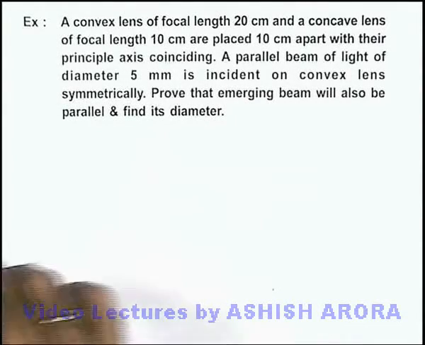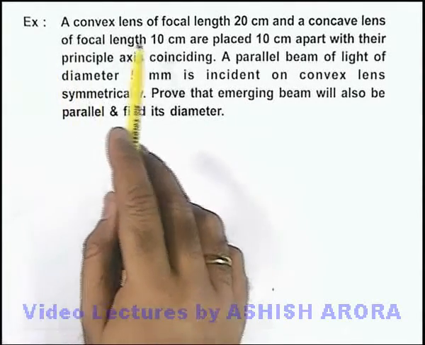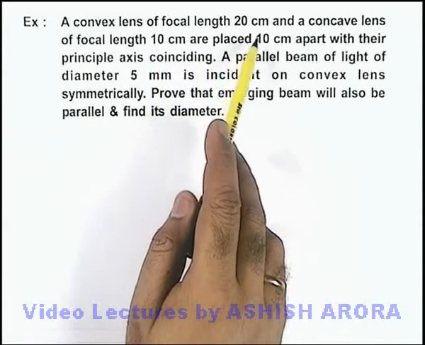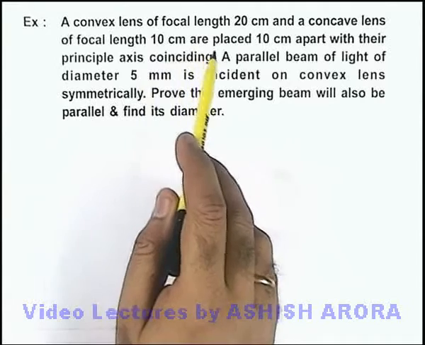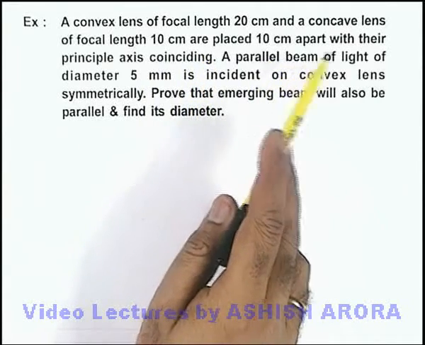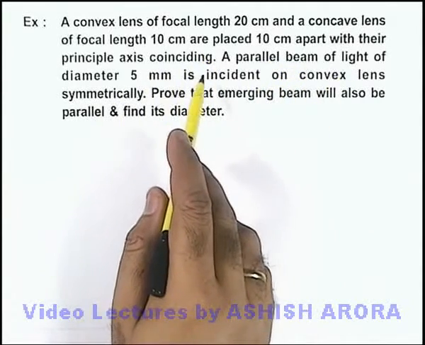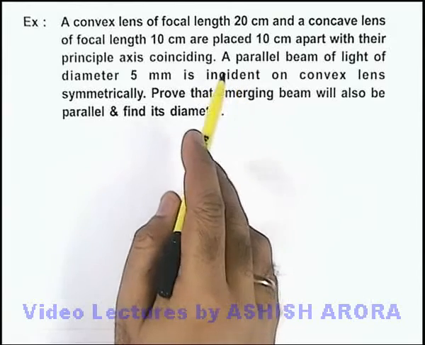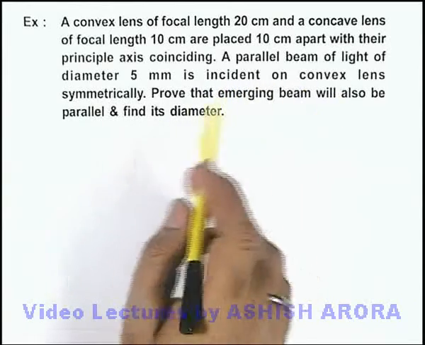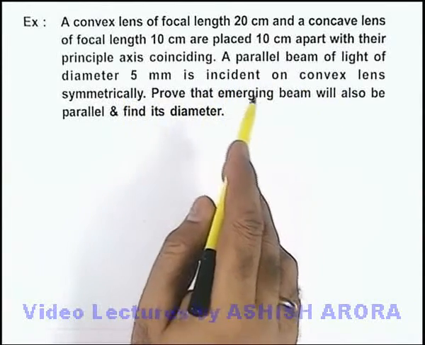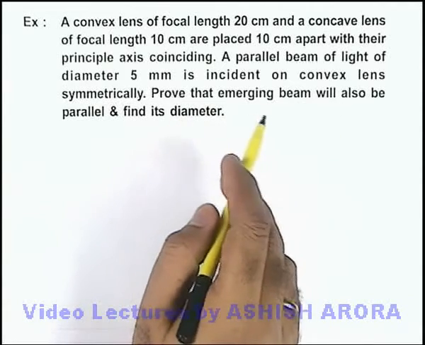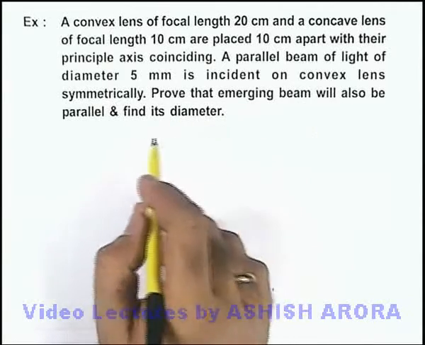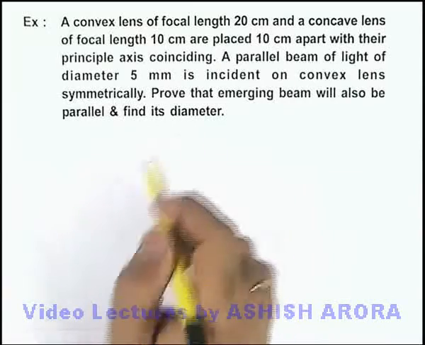In this example, we are given that a convex lens of focal length 20 cm and a concave lens of focal length 10 cm are placed 10 cm apart with the principal axis coinciding. Now it is saying a parallel beam of light of diameter 5 mm is incident on convex lens symmetrically. We are required to prove that the emerging beam will also be parallel, and we are required to find its